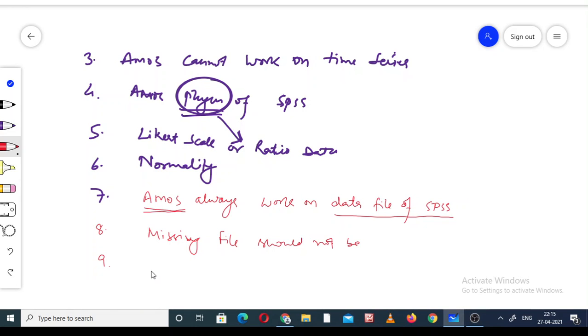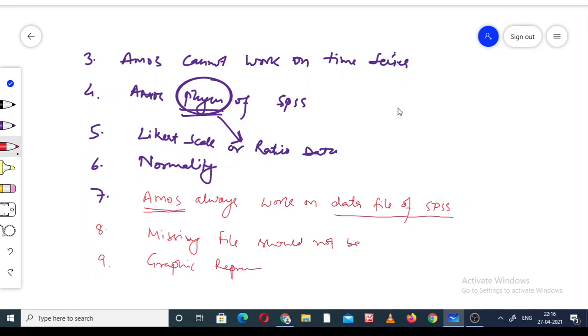Amos is actually the graphical representation of statistical calculation. So this is graphical. When we start to work on this, after completing these rules, we come to the next one. So this is graphical representation.